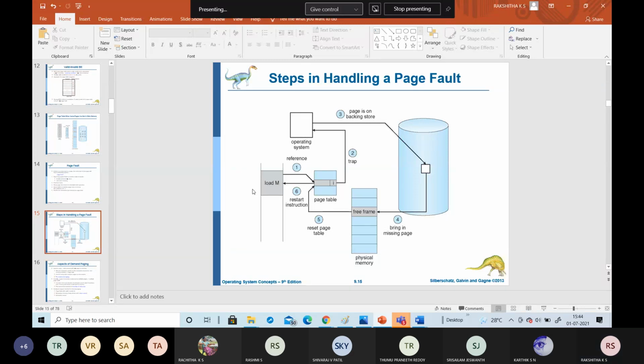First we check in the page table whether the frame number is available or not, otherwise an error message is given. Then the operating system takes that particular page and loads it at the free frame, wherever the space is available.